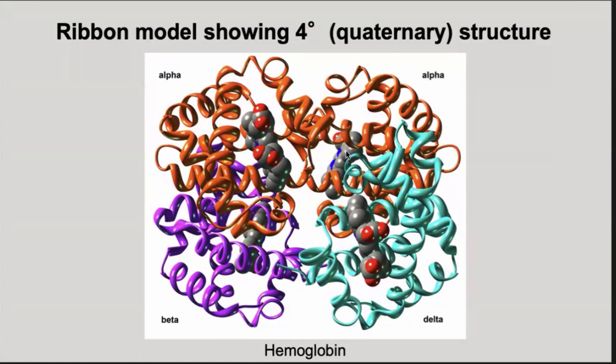And in this case, the space-filling models are actually the heme groups. It's a ring of carbon atoms with an iron atom at the center of the ring. And that's actually what holds the oxygen molecules. Because hemoglobin, of course, is the protein that transports oxygen inside your red blood cells. And it's the iron atom at the center of those heme groups which actually binds the oxygen and transports it in your blood. All right, so